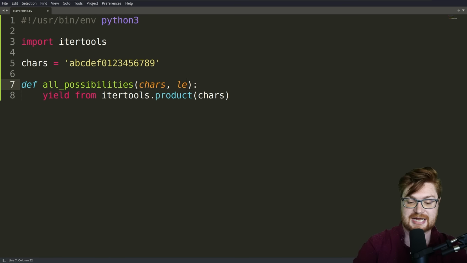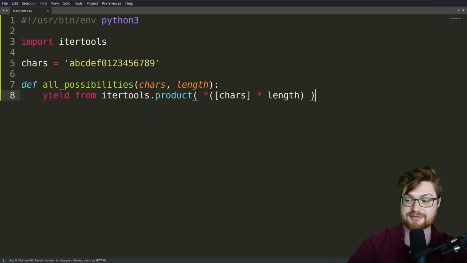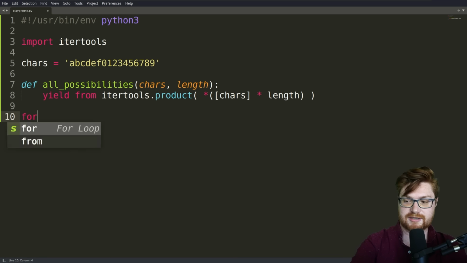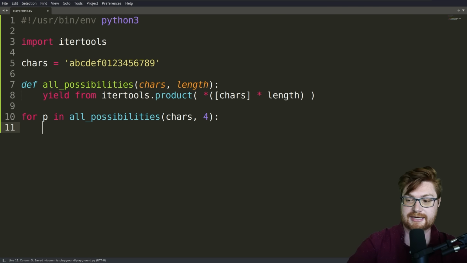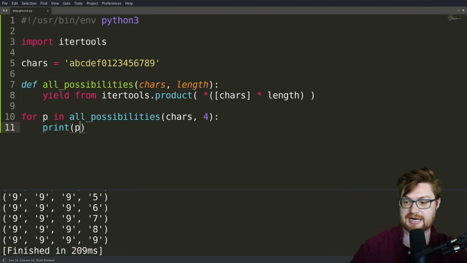So just as an example, let's actually include a length argument as well. And we could say, look, get me anything from the characters times the length that we provide. And product needs to have a whole list on its own. So what you could do here is actually use that star operator to let that be expanded in place, and Python should handle it a-okay. With all that done, we could start to loop for P, any sort of possibility in all of the possibilities, given the characters that we provide with a minimum length of 4, and we could go ahead and print these out. Printing out P all on its own would just give us, if I actually run this code, all the values as a little tuple here.